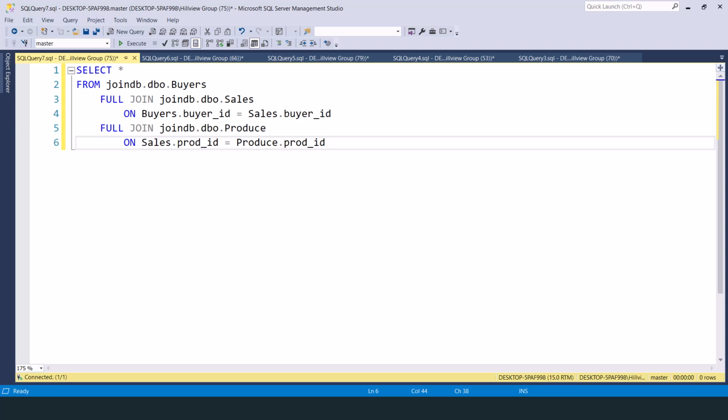The first full join is between the buyers table and sales table, with the join condition being the buyer_ID in both tables. The second full join is between the sales table and the produce table, with the join condition of this join being the prod_ID common on the sales and produce tables. When you run this query,